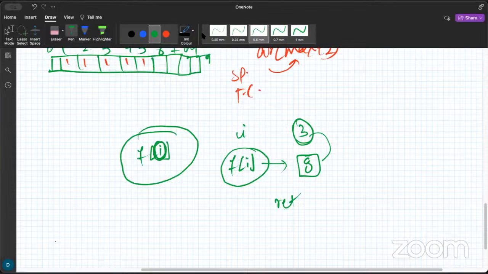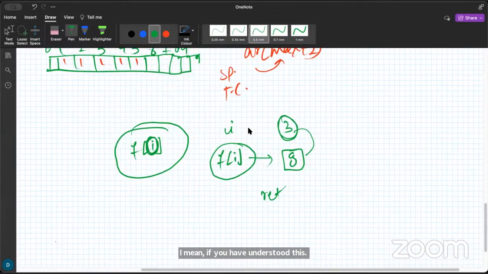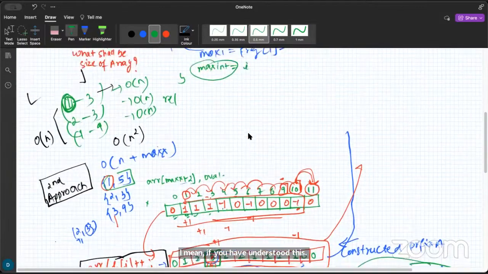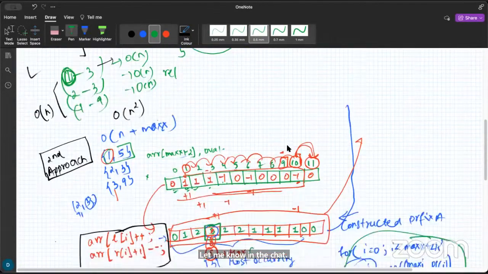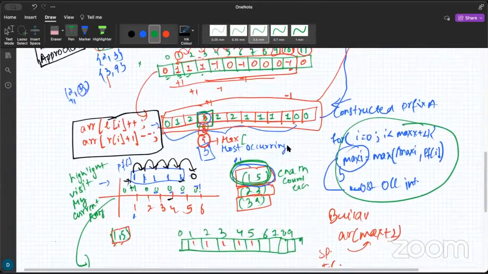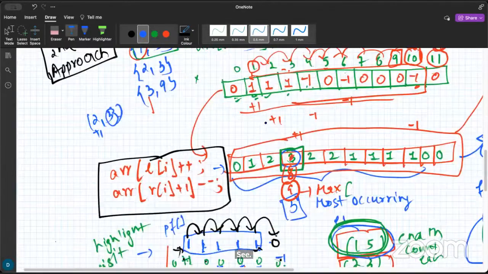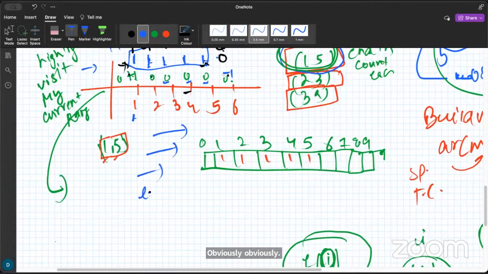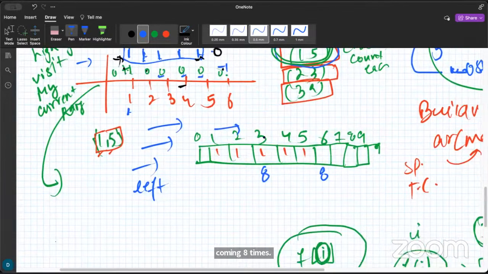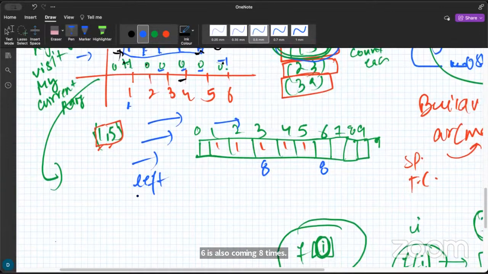How many of you have understood this? Let me know in the chat. See, in the question it was given we have to return the smallest. Obviously, when we are traversing from the left side, we will first encounter it. Suppose 3 is coming 8 times, 6 is also coming 8 times. So when I will run the for loop